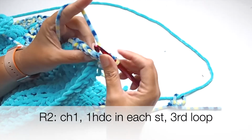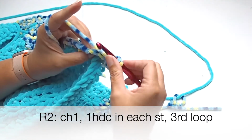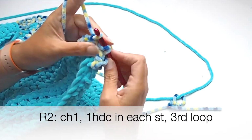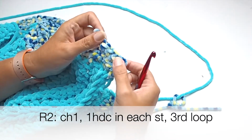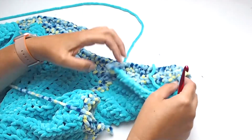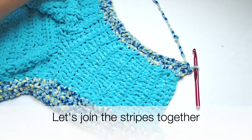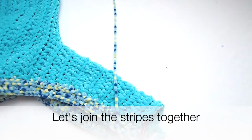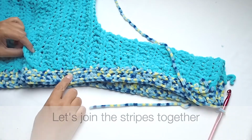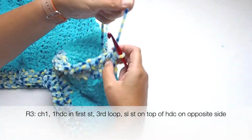Perfect. And I will meet you once you finish the second row, because the third row will be specific. I will use it also for joining the third row on the opposite side directly. So I will join these two stripes together. Okay, look at my work once again. I just made 2 rows on the front panel, and I have 3 rows on the back, and I will use this third row to join the front and